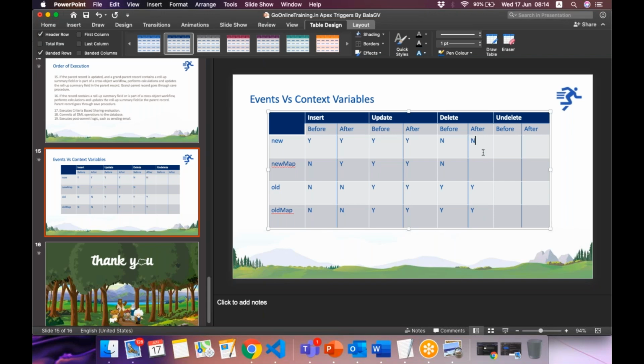Here these both are no. And before undelete is not applicable because there is no before undelete. So I'll put dash, or better, we remove this section. I won't do it. Let me just put dash.